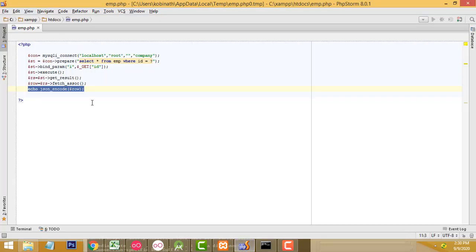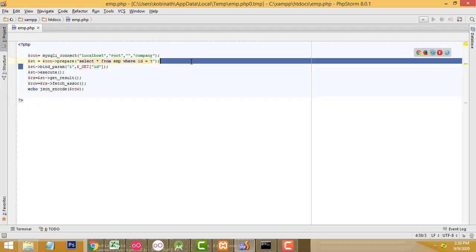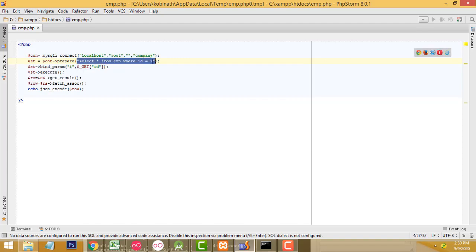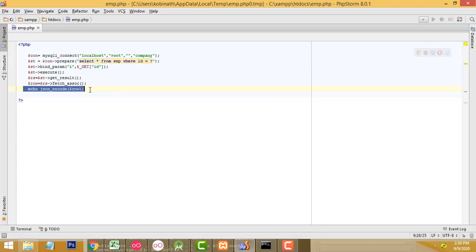This is the PHP file, a simple PHP file, right? This is the database connection establishment. This is the select query. This is the bind parameter. What is the ID you entered here? It's getting the ID. You are searching the employee via the ID. Relevant employee details should be loaded and sent in JSON format. This echo json_encode row means all the row details are sent in one row JSON format over here.